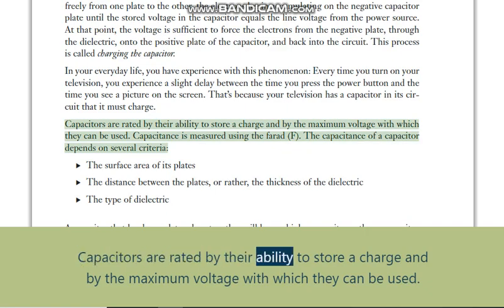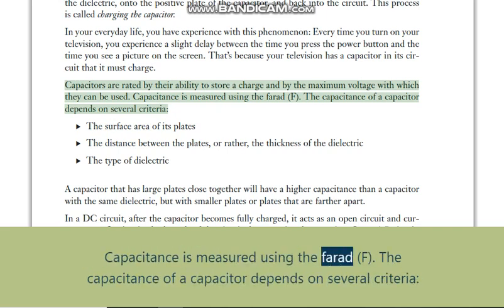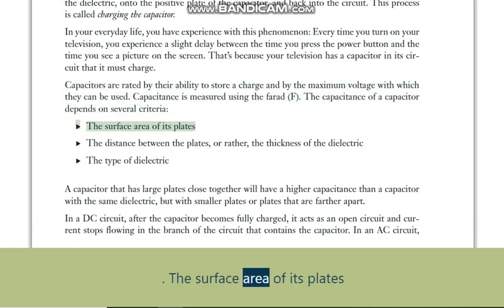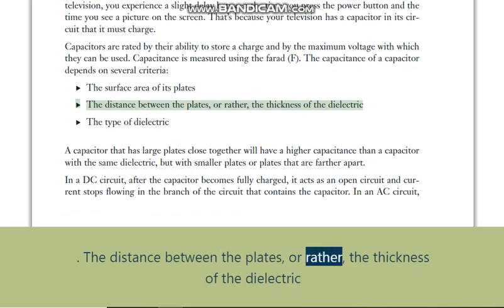Capacitors are rated by their ability to store a charge, and by the maximum voltage with which they can be used. Capacitance is measured using the farad, F. The capacitance of a capacitor depends on several criteria: the surface area of its plates, the distance between the plates, or rather, the thickness of the dielectric,